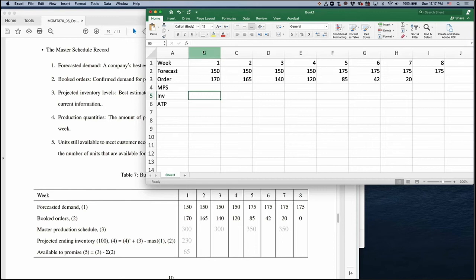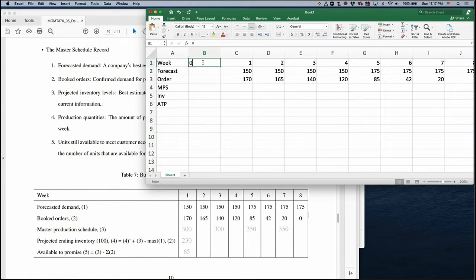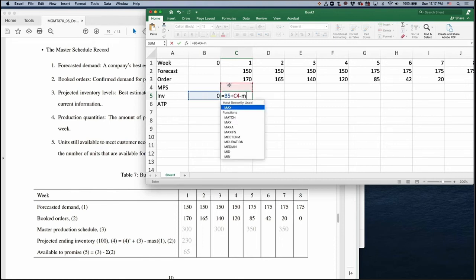So you can type period 0 as 0, or sometimes if you have a certain positive number you can type that. Then what is inventory? Ending inventory is beginning inventory, which means the ending inventory of the previous period, plus our MPS. We don't have MPS yet, and minus